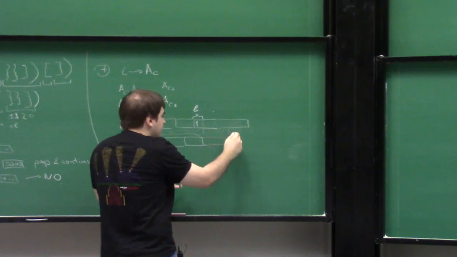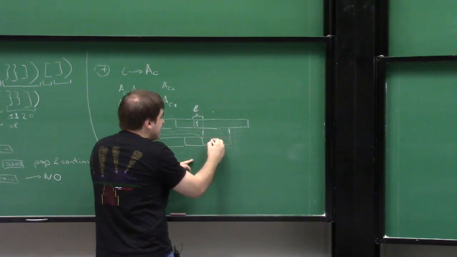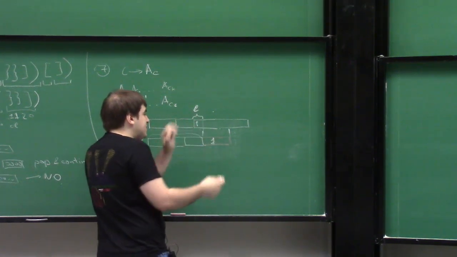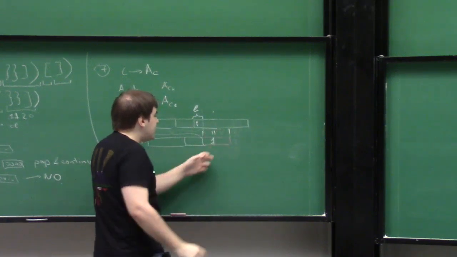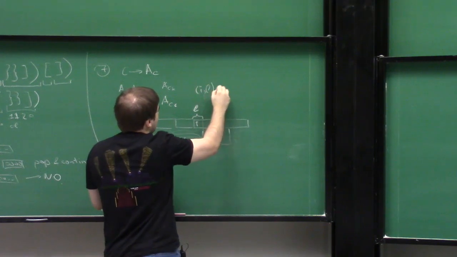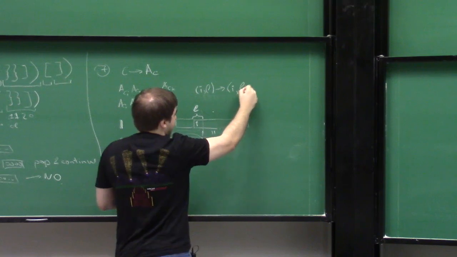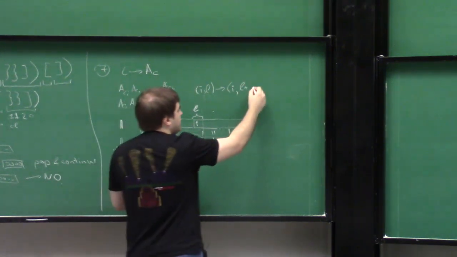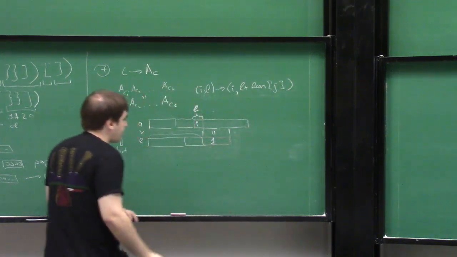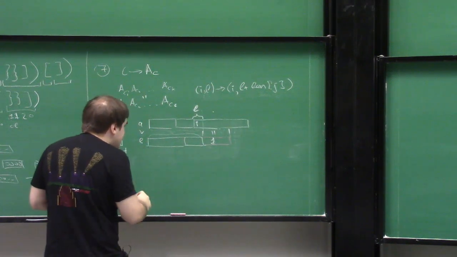So if the word J is completely matching with the part of word I that starts from the position L, if they match, then we may move from the state I, L to the state I, L plus the length of J. This is one possibility. And another possibility is that we add